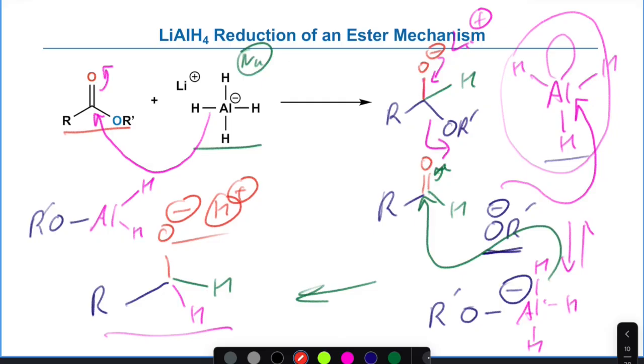I'm not going to go through the mechanism in detail in class here, but what do you think happens to that once we give it water and protons? Remember, what is this hydrogen on aluminum? Is it H plus or H minus? H minus. If you give it H plus, what do you make? H minus with H plus gives you hydrogen gas. This guy's job, once you give it water and protons, that simply becomes, here, let's go over here. That species